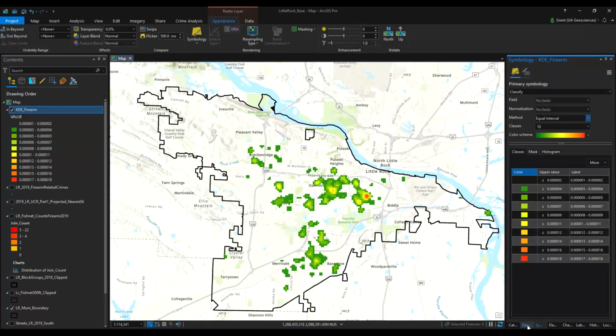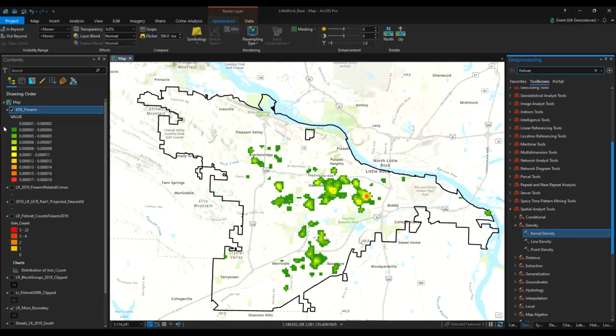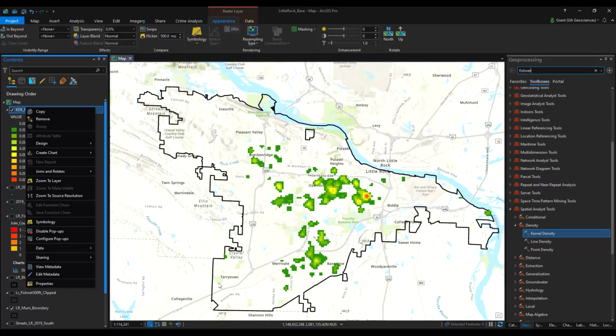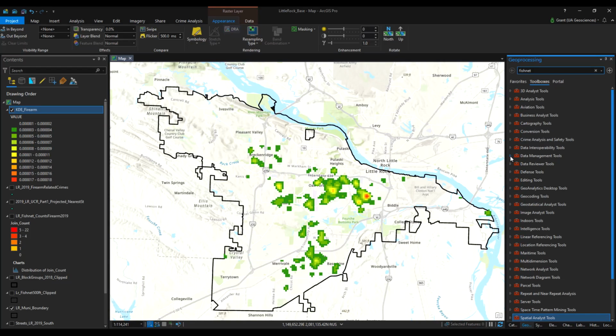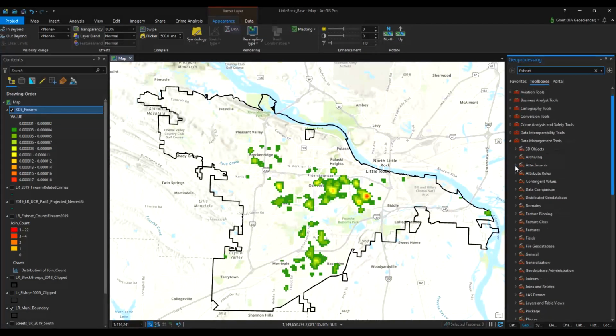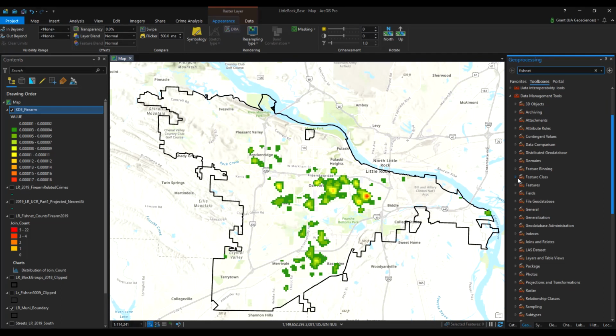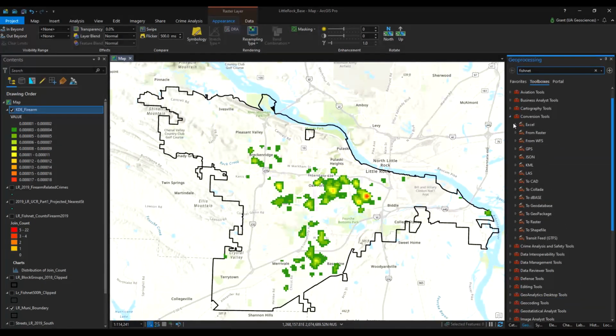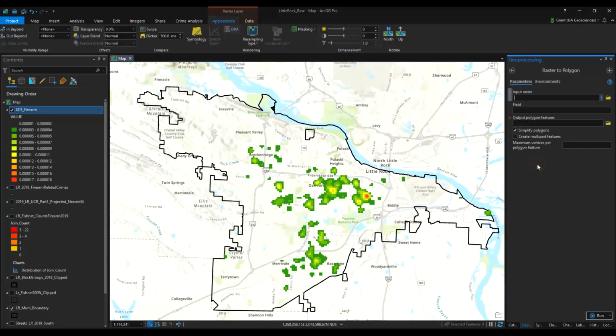Now what I mentioned is we run into the issue with raster data, the ability to manipulate it. So we have our density values here, which are great, but how do we manipulate those and how do we use those? So if we come back up into here and go to our data management, we want to, why am I blanking on it? Because it's not data management, it's conversion from raster. So when I do from raster to point, you can do polygons, but I typically do point then to polygon because it will give you the centroid, and then you can join your centroid to another fishnet layer. But this is where you would go and transfer it. If you wanted to do raster to polygon, you just input your raster, our firearm 1, our value field,